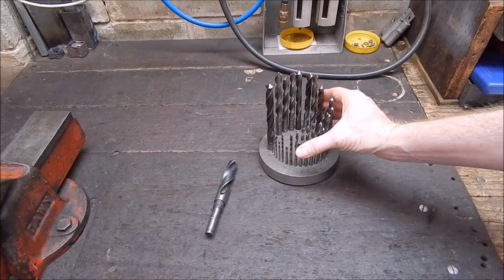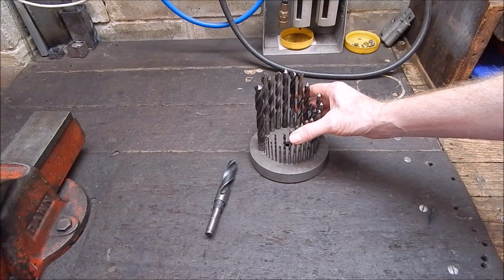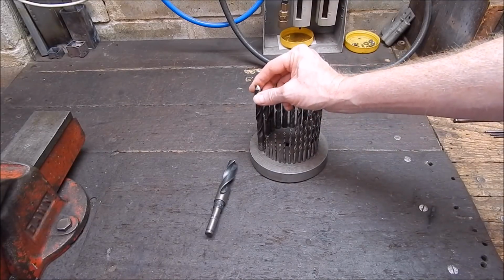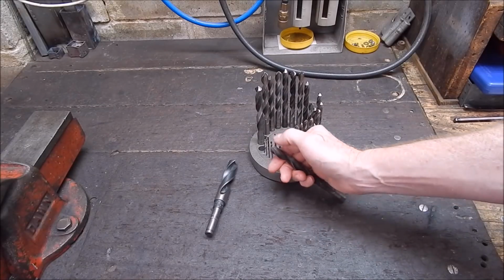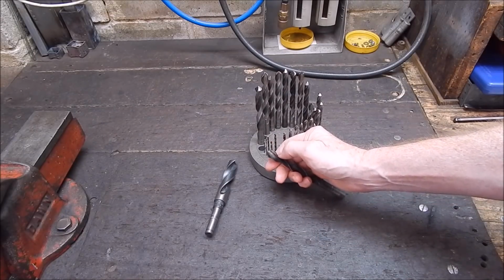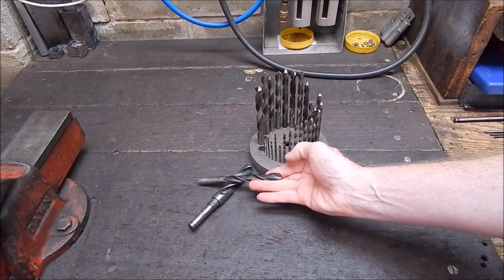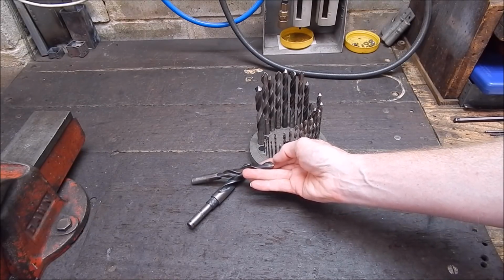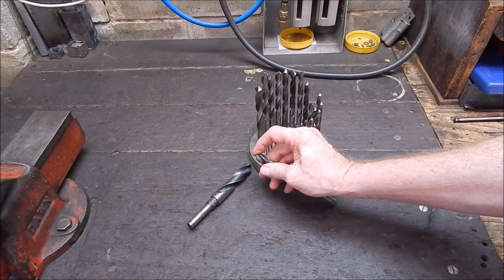Now, one thing you can do is sharpen drills with it. A lot of people probably don't know this, but I've used tool post grinders for years, and there's plenty of tricks you can do with them. One thing you can do is reprofile your drills, grind them so that you get the taper evenly distributed on the drill bit. You'd be spinning this in the chuck, and you'd basically just be grinding in on the angle you want, which is about 55-60 degrees, to reprofile the end so that both of the flutes are uniform and at the correct